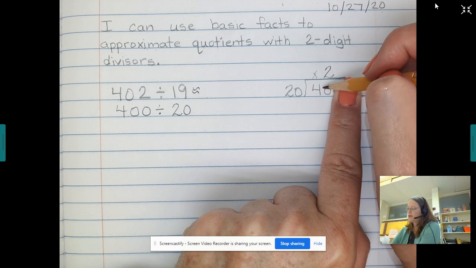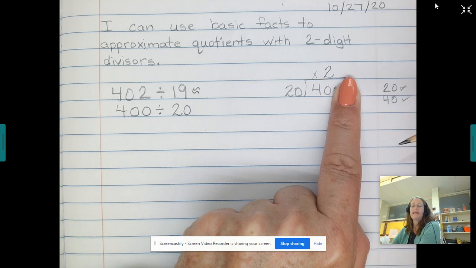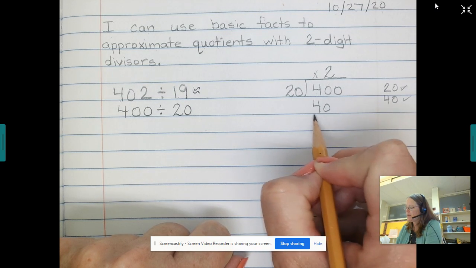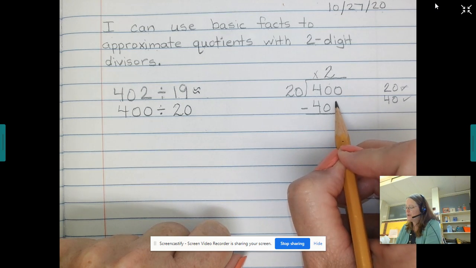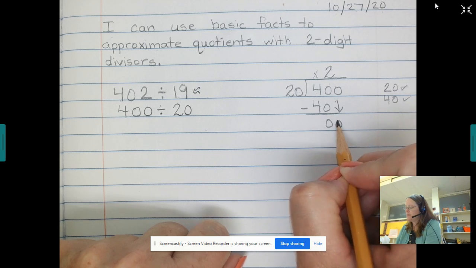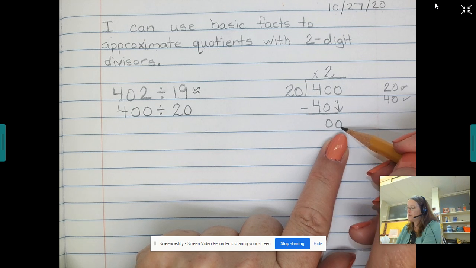So 20 goes into 40 2 times, and 2 times 20 is 40. Subtract, 0, bring down that 0. 20 goes into 0